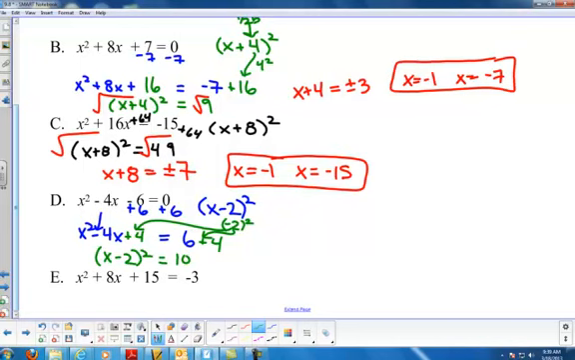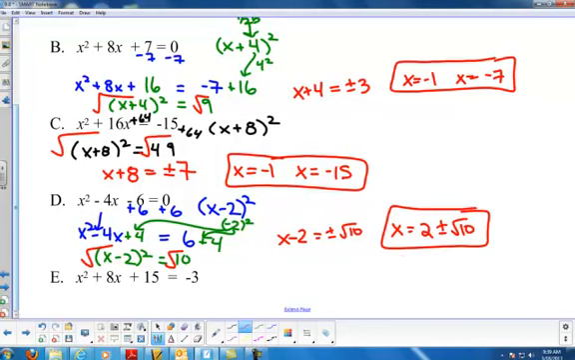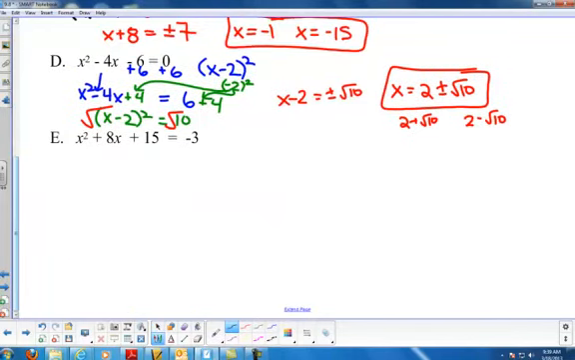This time 10 is not a perfect square, so when you square root both sides, you're going to get x minus 2 equals plus or minus root 10. Whoa. So you're going to add the 2 over, so x equals 2 plus or minus square root of 10. That's the 2 solutions: 2 plus the square root of 10, and 2 minus the square root of 10. You could find the decimal in your calculator, but the decimal is a rounding error, so you can just leave it like that. And the last one,